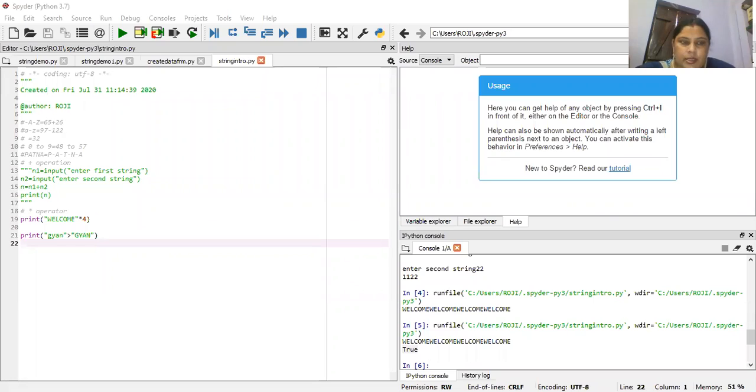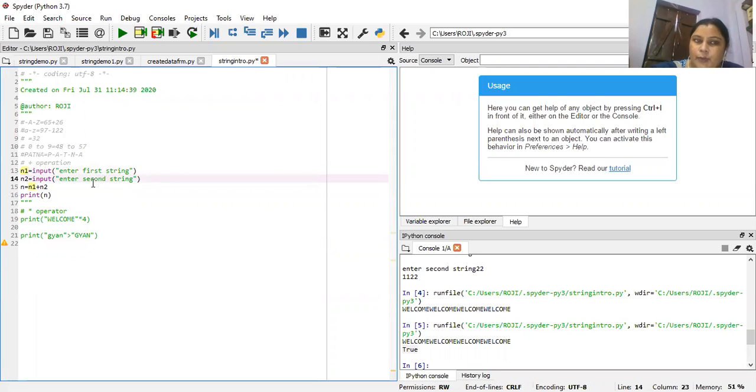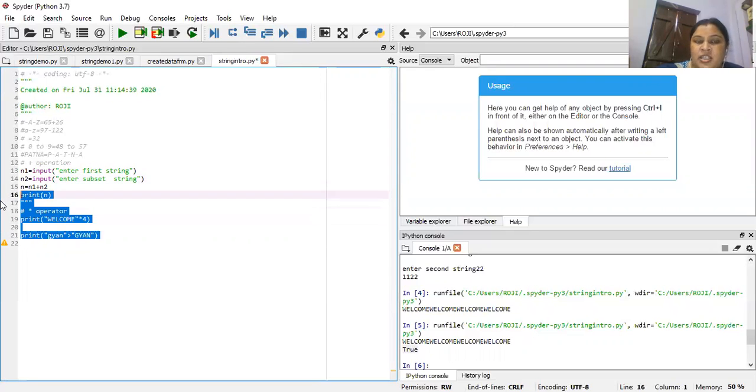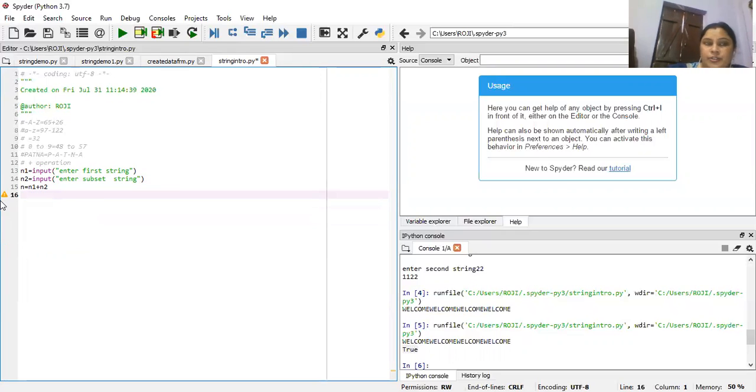There are two membership operators. Suppose in n1 we are using the specified string, and in n2 we search the subset string. Here we search the second string in the first string, so we enter the string to be searched and the subset string, and then use the membership operator.